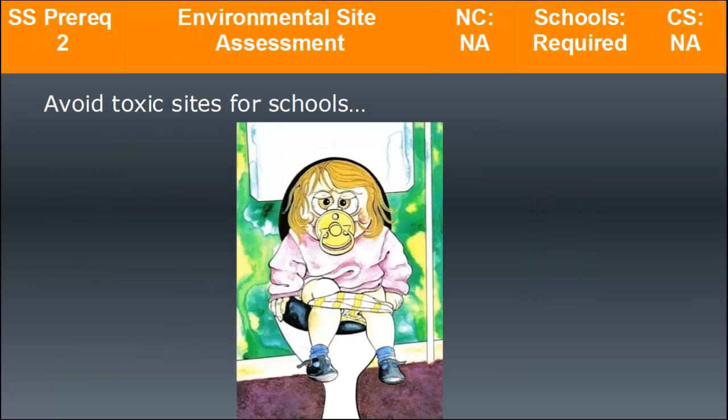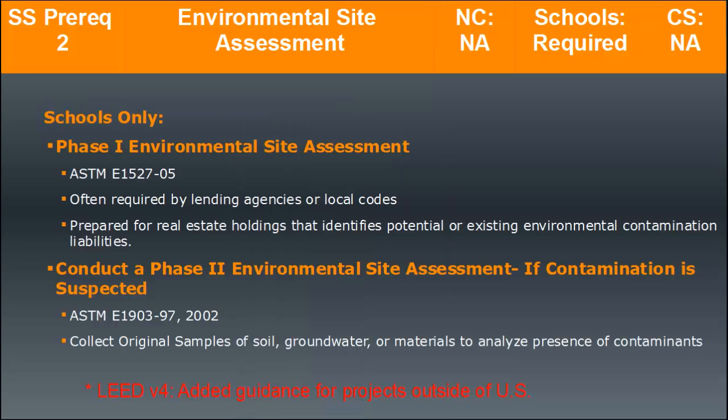A second prerequisite is environmental site assessment. This is mandatory for schools only. It includes a Phase 1 environmental site assessment based on ASTM standards, often required by the lending agency or local codes anyways. So this may not be an additional requirement, but you need to check and make sure that you meet